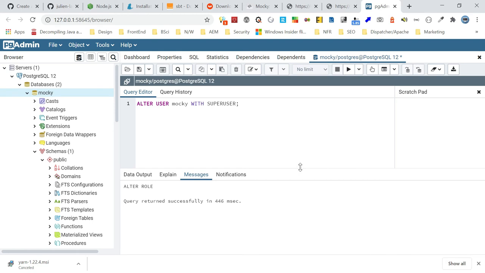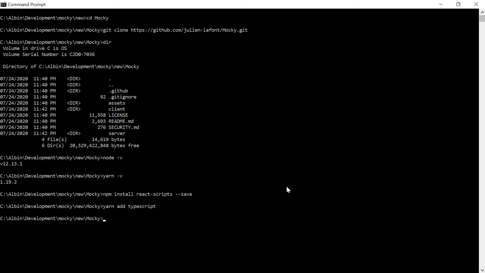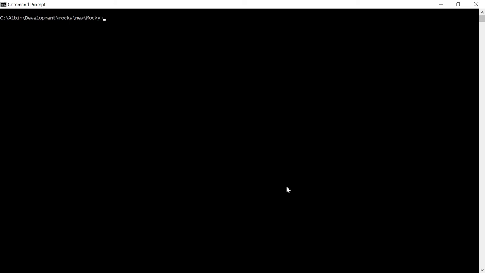Now let's run the client and server modules. For that, I will go into the client. You should set the API URL.